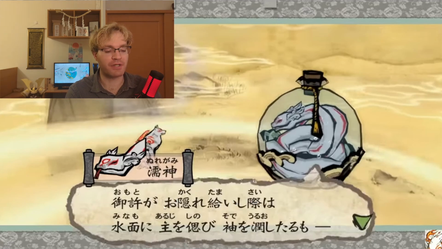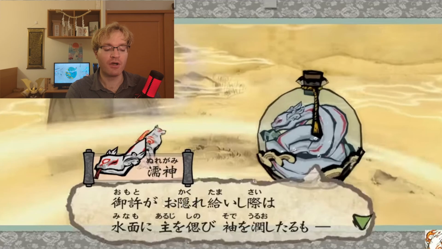Now, this is what I was saying. This is not classical Japanese, okay? Putting an o in front of a verb does not occur. I've never seen it in the Tale of Genji. I haven't seen it in Makura no Soshi. I haven't seen it in Konjaku Monogatari Shu. I haven't seen it in really old Heian period literary works, okay?